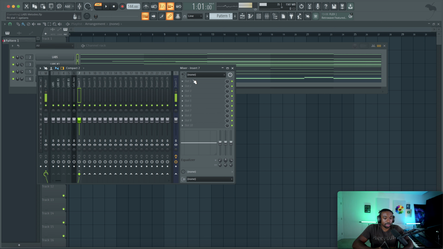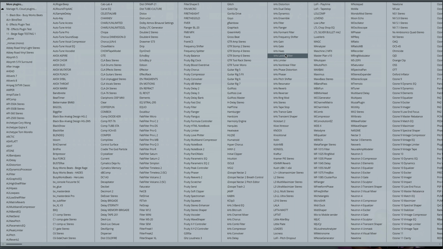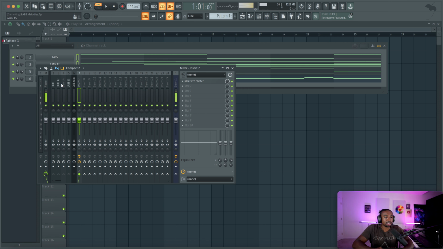Now that we have everything in a group, we can open up the Kilohertz plugins. Now these are my favorite. Let's use the pitch shifter. This is one of my favorites. We're going to pitch it down 3 semitones. This is where I usually start. And because we have all these sounds going into this one channel, they're all affected. Now it's super dark. We really don't need to touch it beyond this.